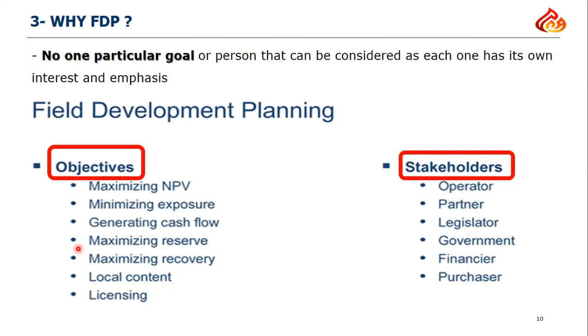Why shall I generate and evaluate multiple options? Because there is no particular goal for our stakeholders. What is the meaning of stakeholders? Stakeholders are the people affected by the project, or affected by the development project of our field. Maybe my project is only one well, an exploratory well, that I will complete and put in production. This is called a project. And maybe the project is